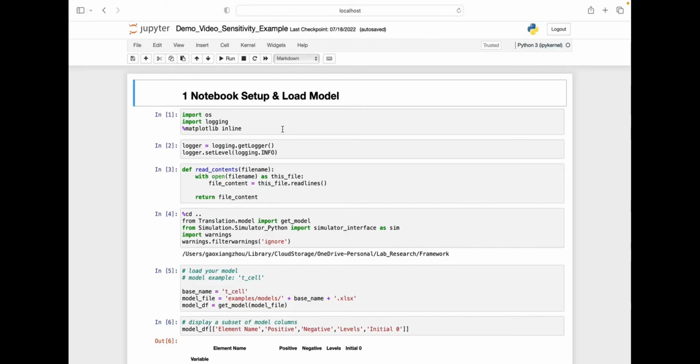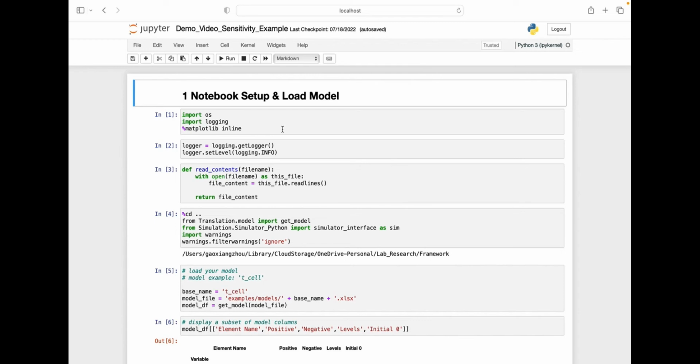In this section, I'm going to demonstrate the sensitivity module of the DICE framework. The sensitivity module in the DICE framework aims to study how sensitive the elements in a network are to external and internal changes. Within the sensitivity module, users will be able to find the most sensitive node and extract the most influential pathway.